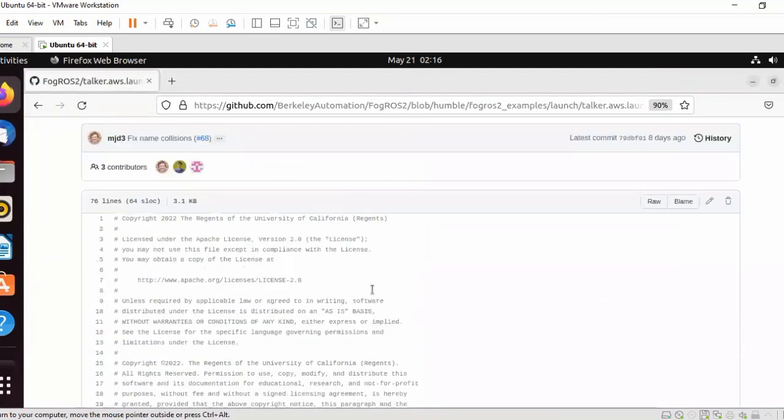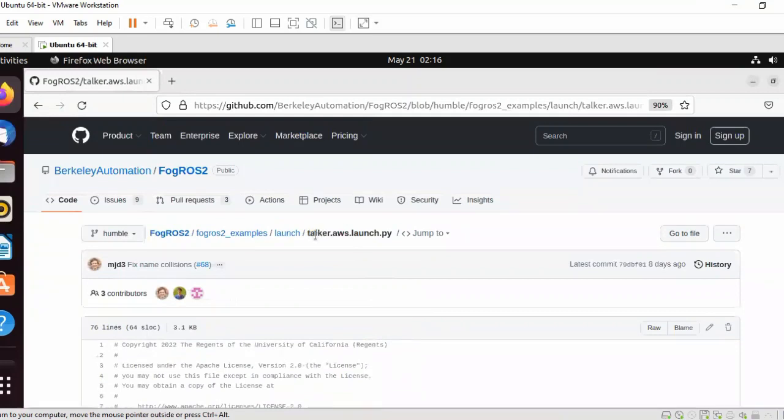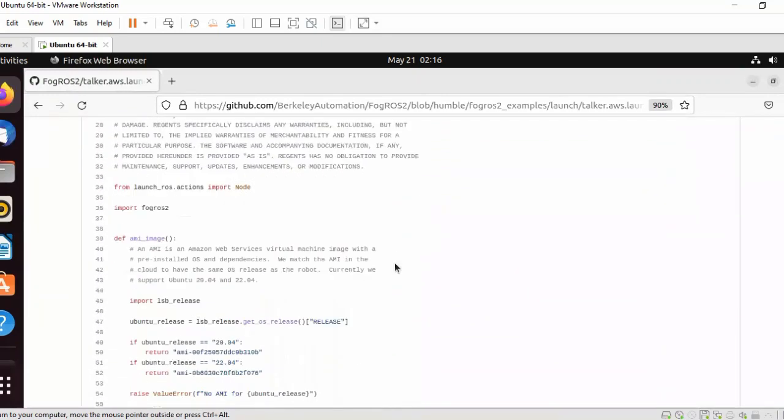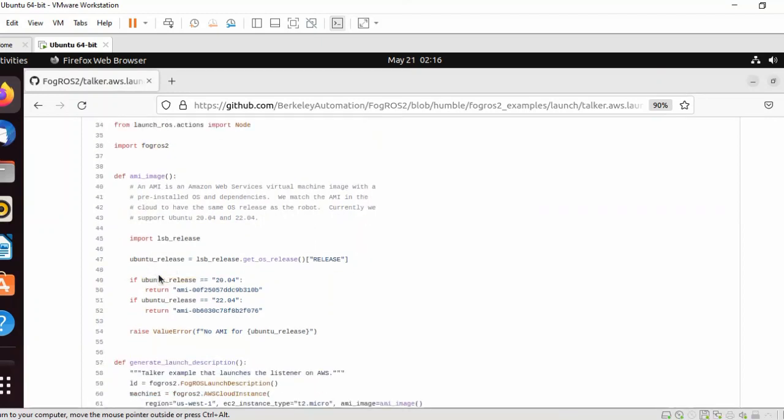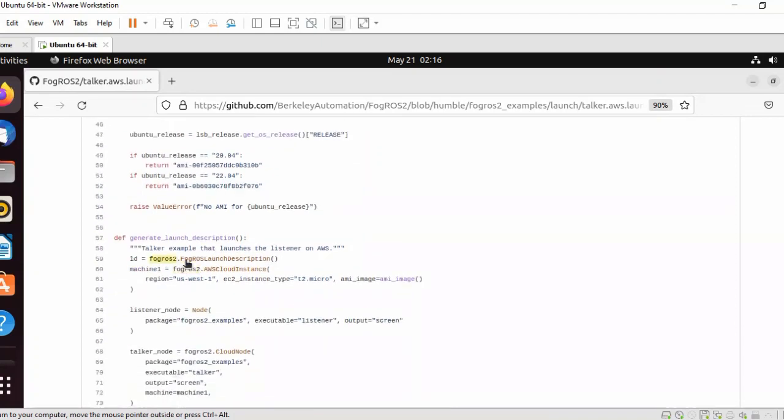Here is the example launch file, docker.aws.launch.py. On line 34, we import Node. And on line 36, we import FogROS 2. Next, AMI image allows us to choose a specific AWS virtual machine image, depending on the version of Ubuntu we are using. Next, we tell FogROS 2 to provision a cloud machine with the specific details we need, including its